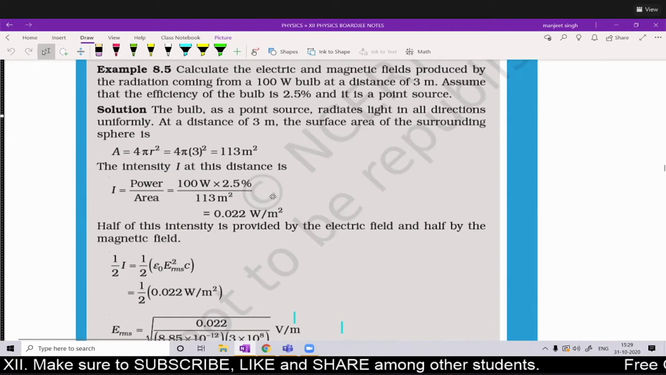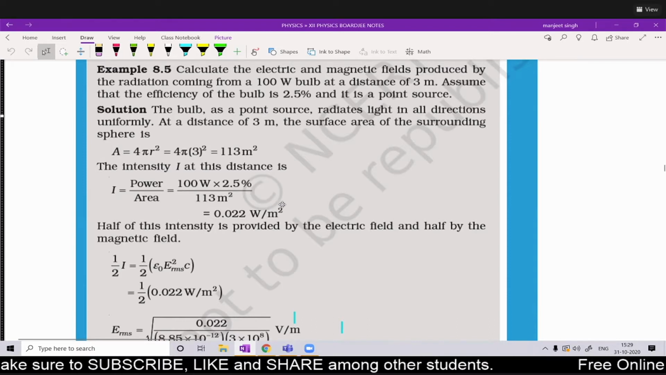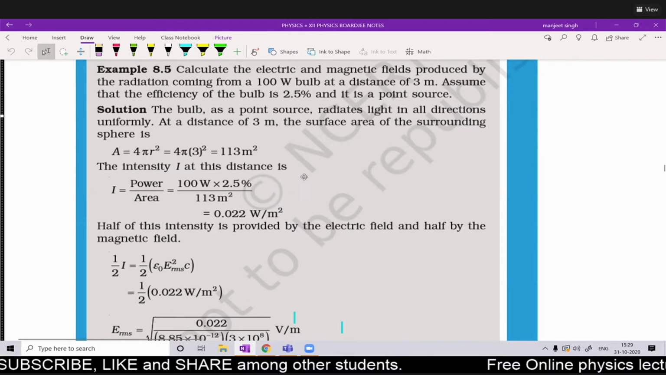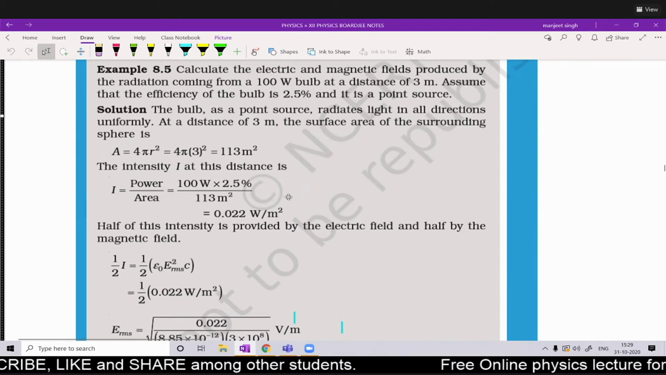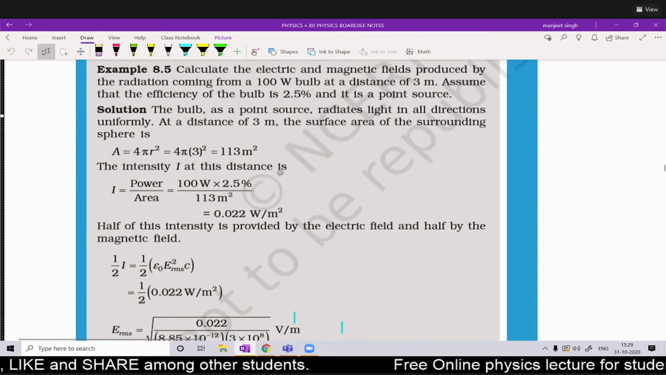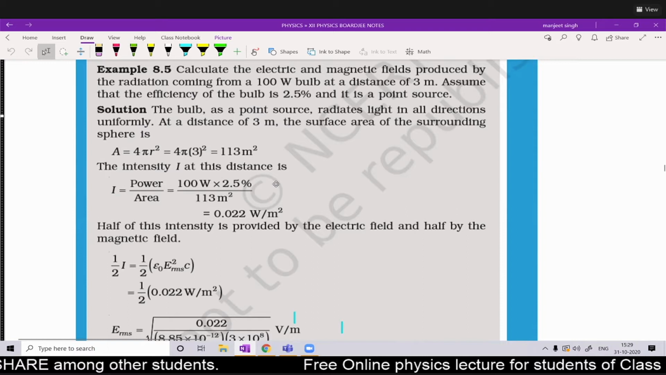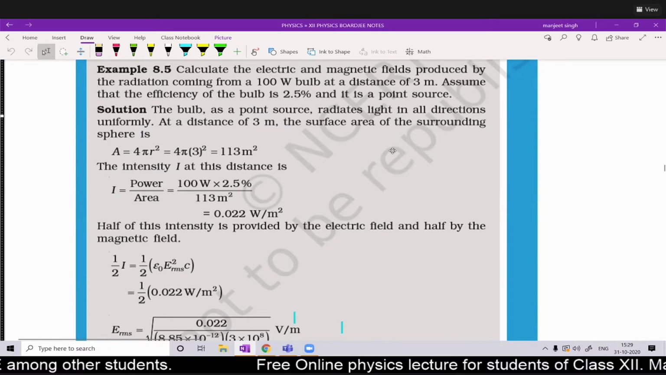Today we have the next part of the electromagnetic waves chapter for the 12th standard. In the last lecture I discussed up to example 8.4. Today we are going to see example 8.5. So what is that? You see,